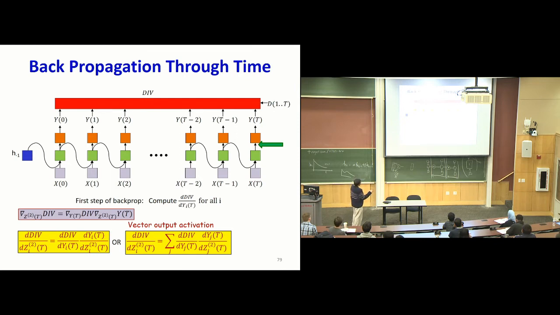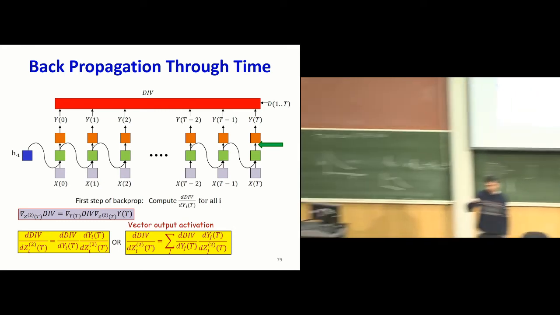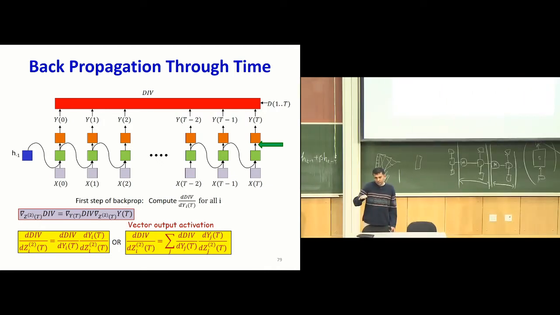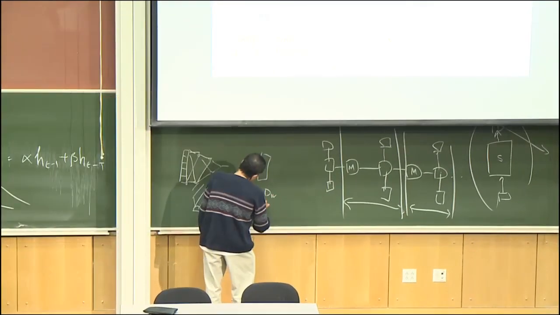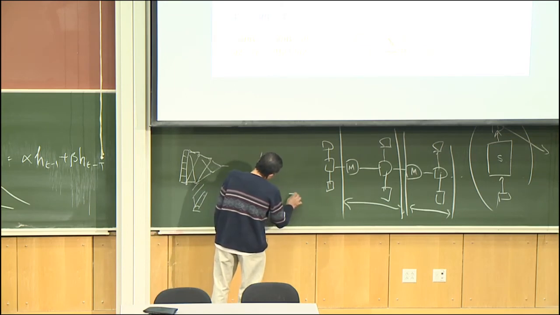So now that I have the derivative of the divergence with respect to y, again assuming that I'm using column vectors as my notation, if my y is a column vector, what is the derivative of the divergence with respect to y going to be? A column or a row vector? We've done this many times, guys. The divergence is a scalar. The y is a column vector. It's going to be a row vector, right? So the derivative of the divergence with respect to yt is going to be a row vector, right?